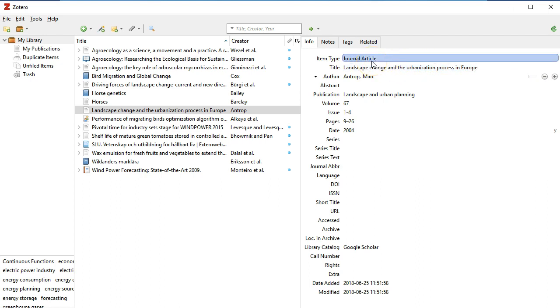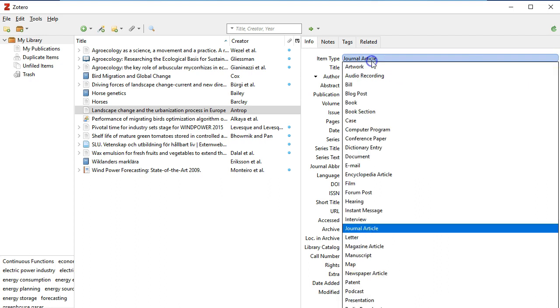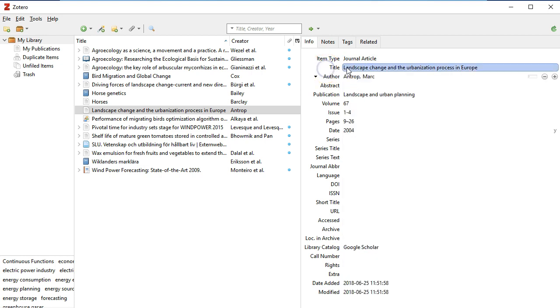You can, for example, change publication type, or you can change the title or author, or you can add information. However, even if you sometimes need to do a little editing on your own, a reference management program can be very helpful while you're writing an academic text and need to start collecting a large number of references.